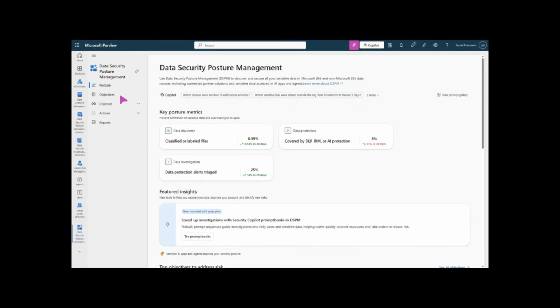What you're looking at now is the integration that we have with data security posture management that went into public preview also last month. So in all your tenants, you should have DSPM on the left navigation, and in DSPM, you get an overall posture of your tenant, with different objectives you can deal with, whether it's generative AI, Copilot, oversharing, or exfiltration. So I click on the objective.